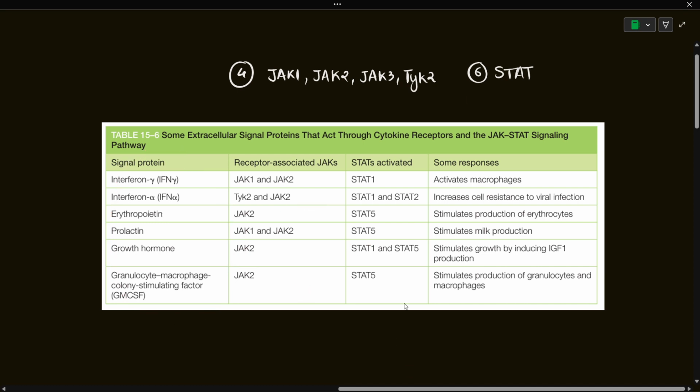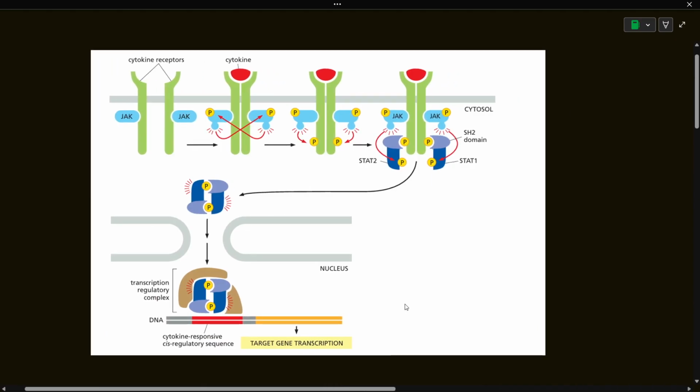Okay, so let's summarize the whole lecture in this schematic itself. So here you can see the schematic explains the cytokine signaling, which is mediated